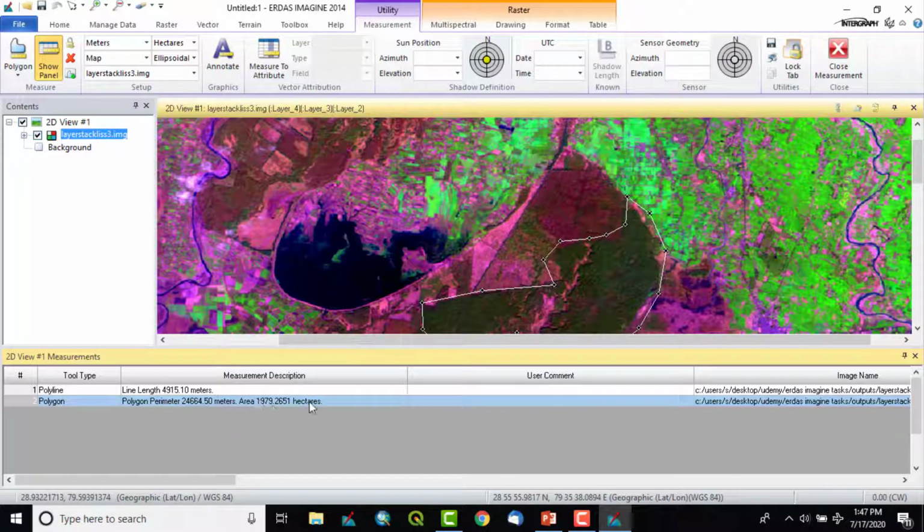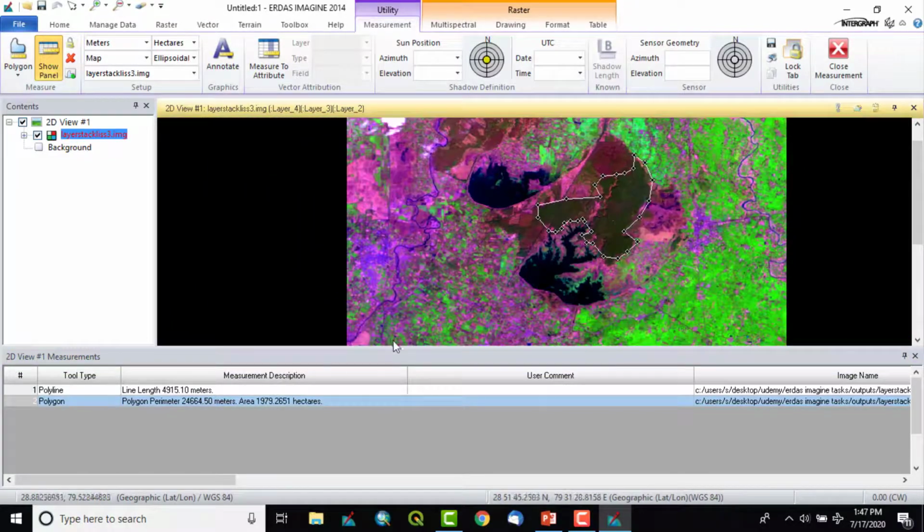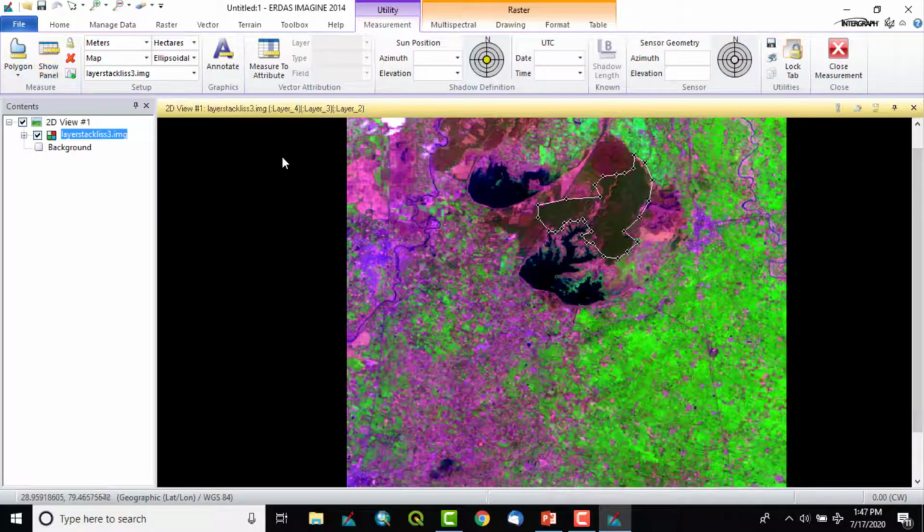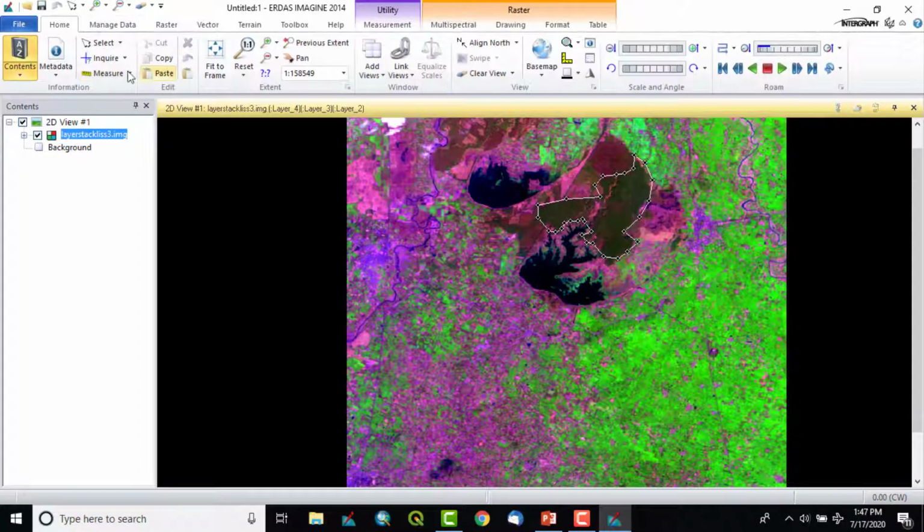And the area in hectares is 1979.26 hectares, an area we are dealing with in a forest. In such a way we can measure length and area.